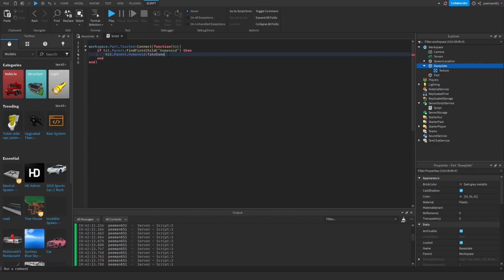We can do take damage, and then parentheses, and then we can do however much damage we want to take. Or we can do dot health is equal to 0. So yeah, you can do both of those, but I like to do take damage